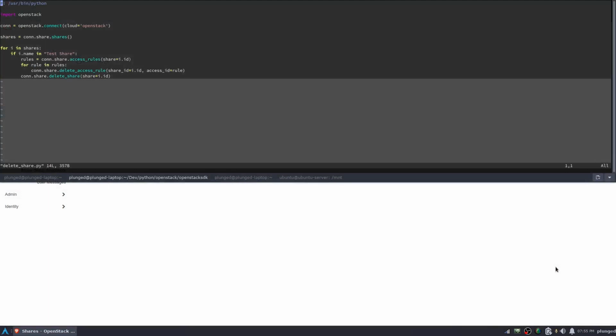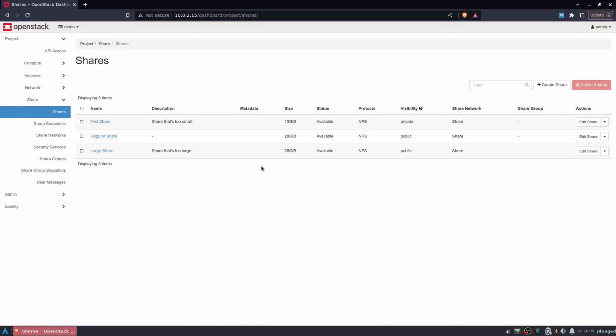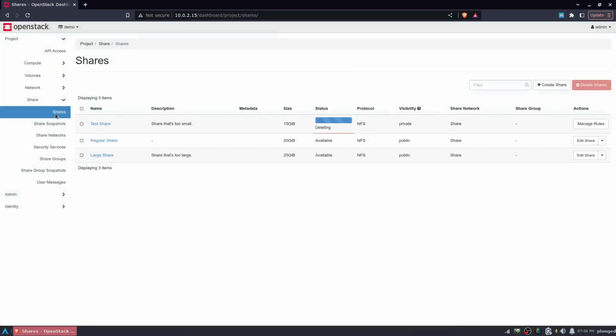Finally, we'll use the script to show deletion of a share and access rule. Now if we refresh the shares, it is currently deleting,